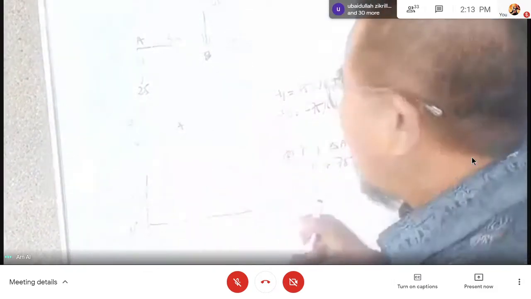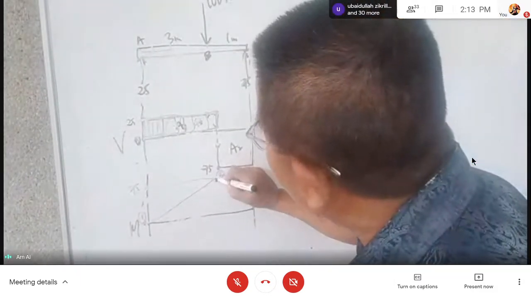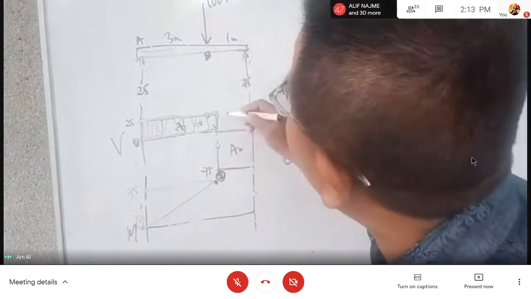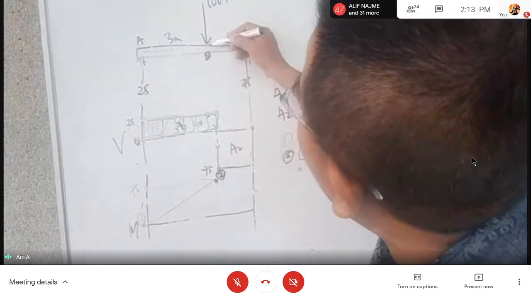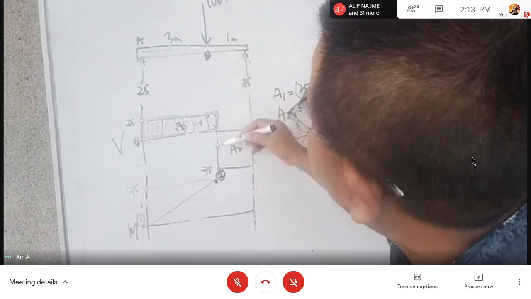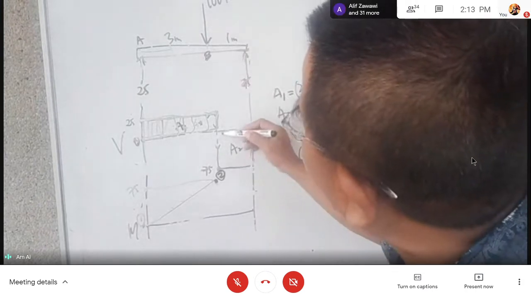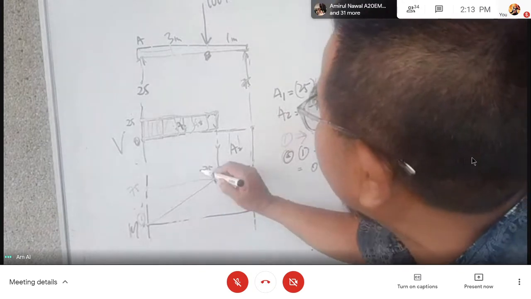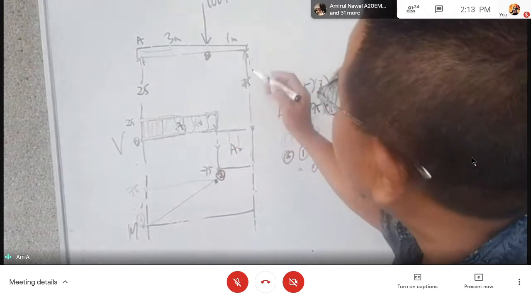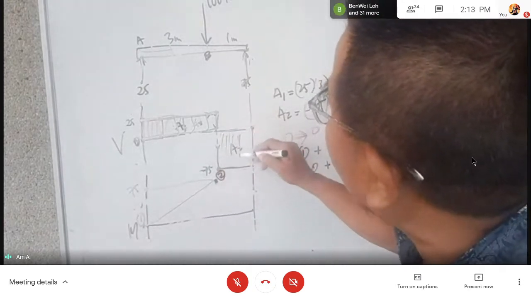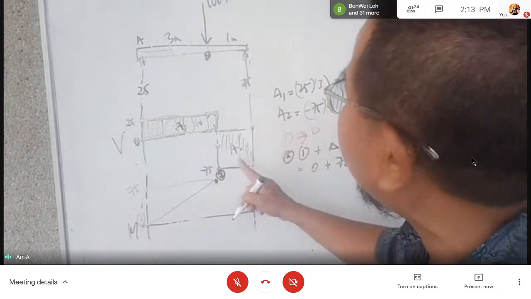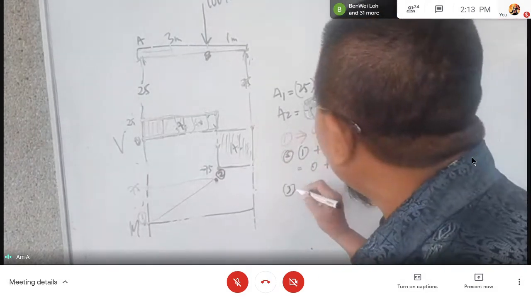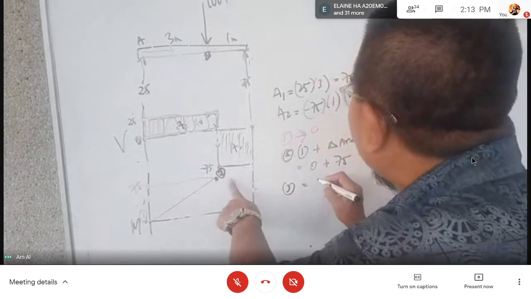Now, how about this point 2 here? I go to point 2, or point B there. I want to go to point C there. So going to point C, the area is negative. Now I'm already at 75. I want to go to point C. I must go down, the area is negative. So for number 3, you must start at your current position. Current position is 75